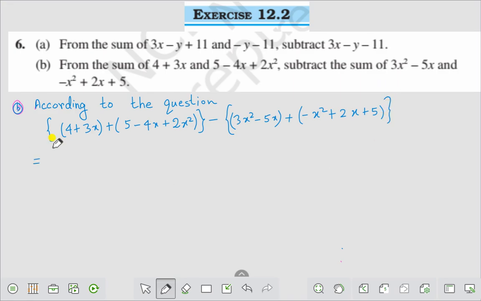They can find that it is 4 plus 3x plus 5 minus 4x plus 2x square minus 3x square